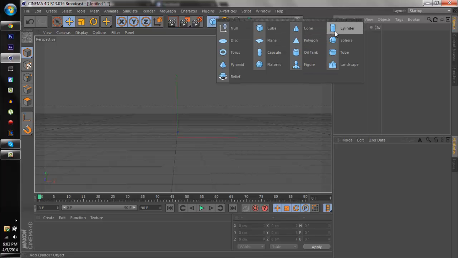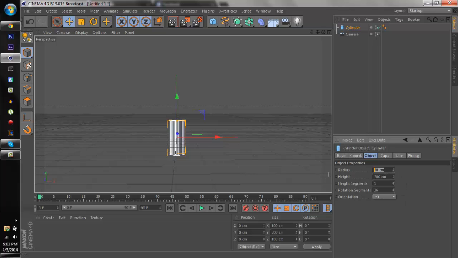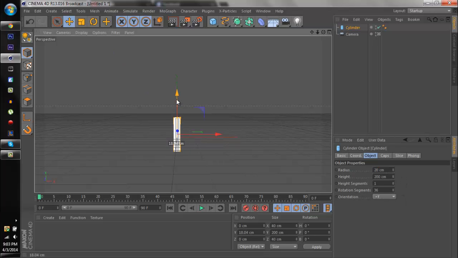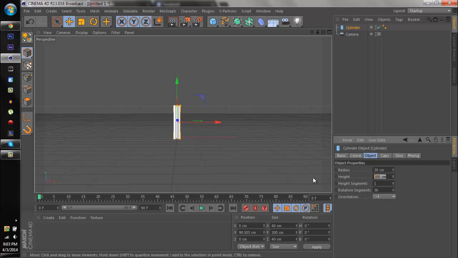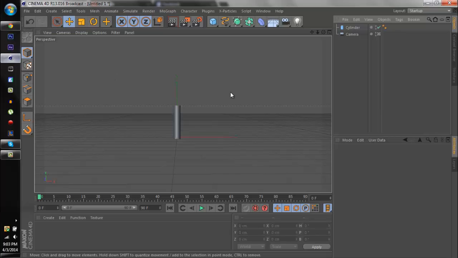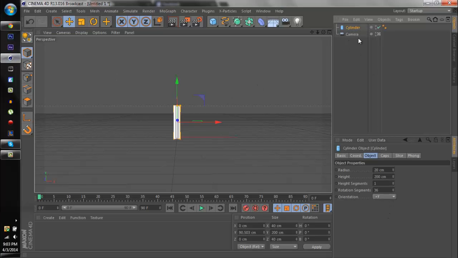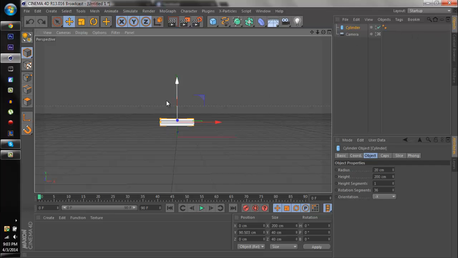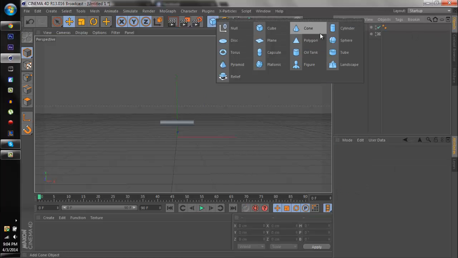So first of all, we're just gonna grab a cylinder, and we're gonna make the radius 20, and then the height. Well, actually, we're just gonna make the inside bars first. So click on the cylinder, and for the radius I'm gonna change this to 200. Actually looks good. And so for the orientation, we're gonna change it to -X, and we're just gonna keep it right there, and we're gonna grab another cylinder,